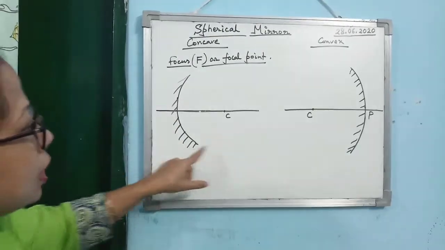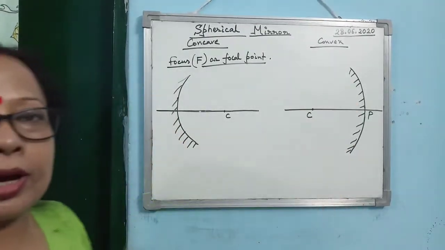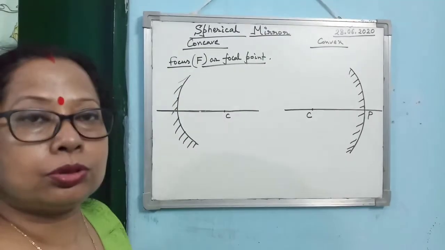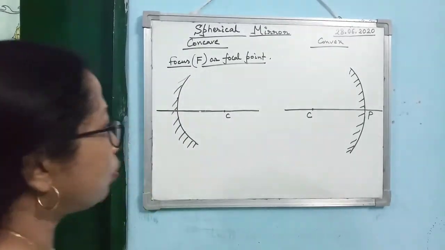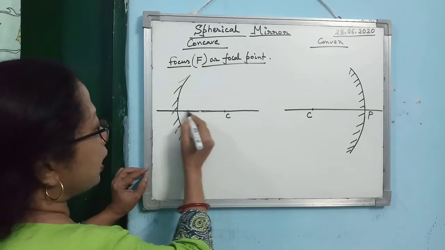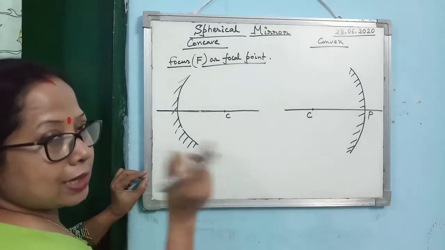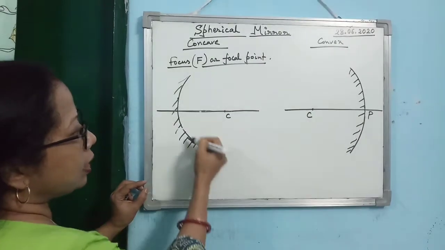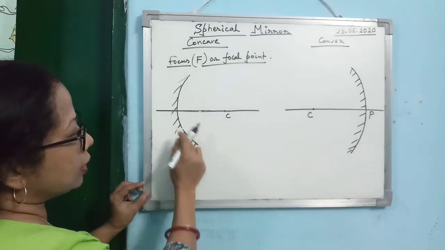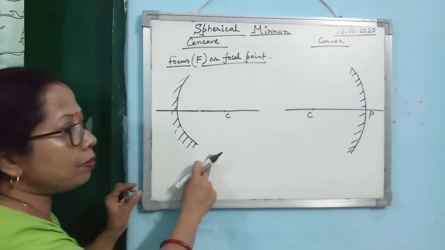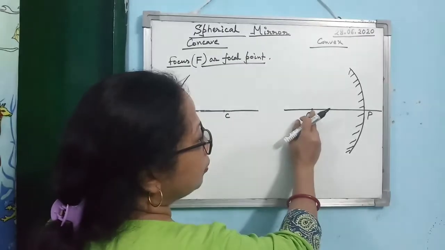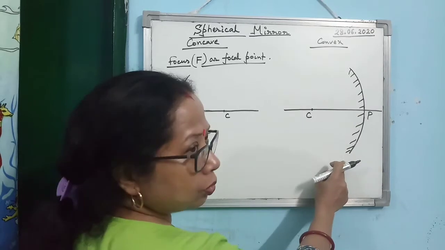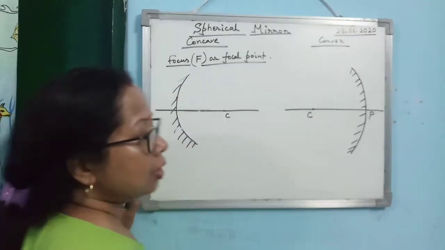Alright. So this is a concave mirror. This is a convex mirror. So please follow the instructions on how to draw the diagram, what I am saying. What I said: along one ruled line, draw a line, take a 6 centimeter radius, center the pencil compass, draw an arc. When you draw the arc to the left side, it will be a concave mirror, and centering one point, when you draw it to the other side, it will be a convex mirror.